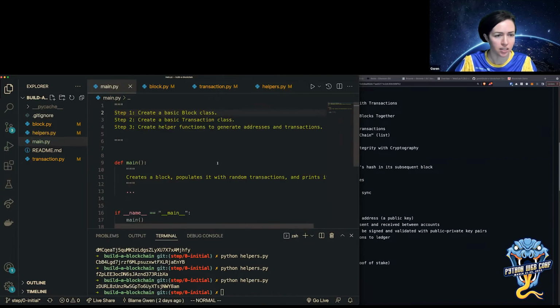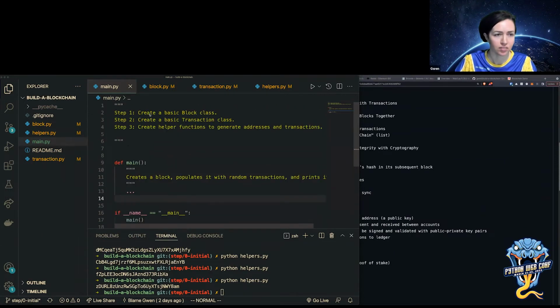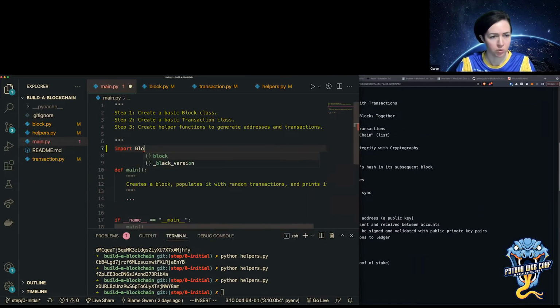And then in main.py, I have kind of the boilerplate here. Basically I'm going to create a block, populate it with transactions, and then print it out just for step one. Okay, so for this, I'm going to import block.